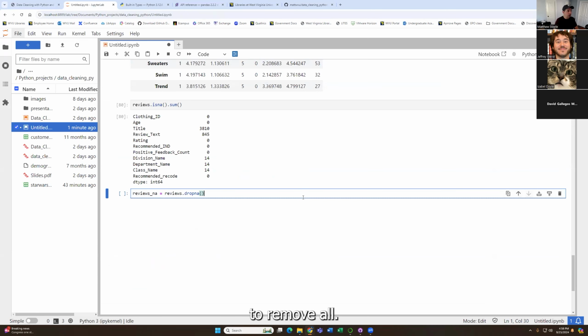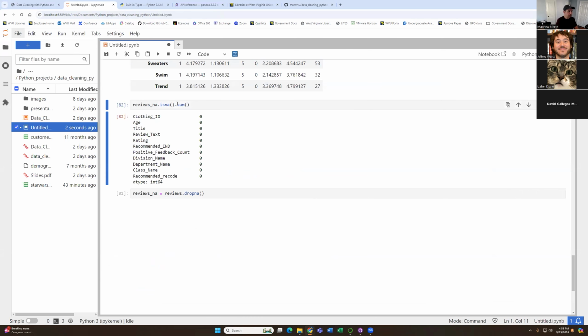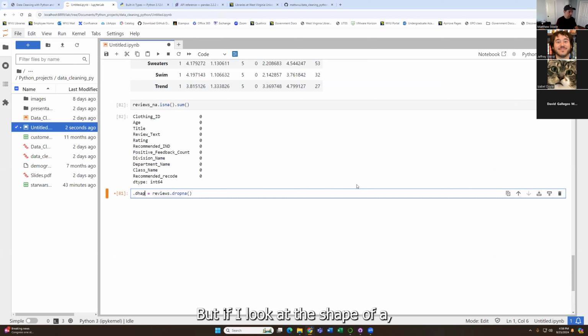to remove all missing variables from the data set. So if I run that again, we don't have any missing variables. But if I look at the shape of it,